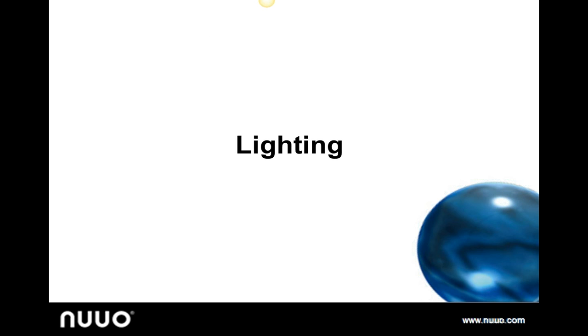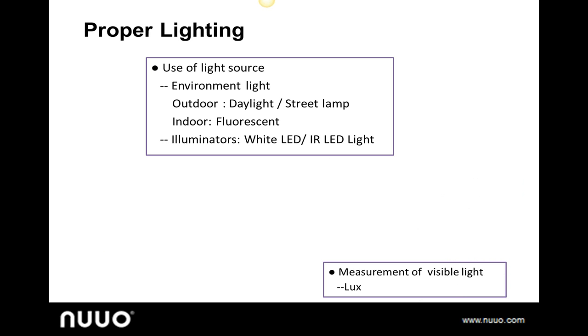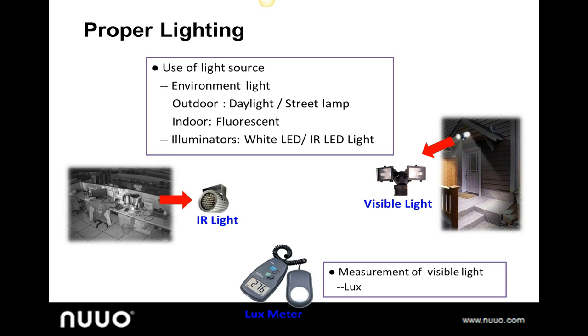Okay, the next thing we'll talk about is the lighting. It is very important to choose the proper lighting in different kinds of scenarios. And no matter how advanced or expensive your camera is, without proper lighting, you will get a very poor video. Remember, with more light, you get higher image clarity. So, to make sure your subject is well lit, you should make full use of the light sources